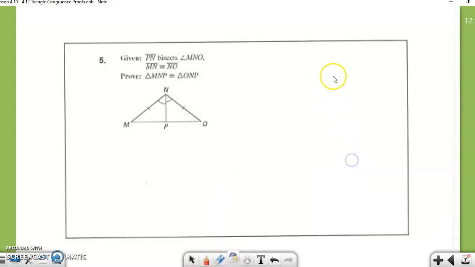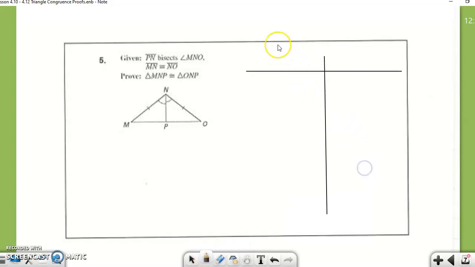I'm going to set up my little T-chart. Let's try that again. There we go. Okay. So let's start looking at the diagram and see where we're at. Now, I'm looking at this, I'm thinking PN bisects angle MNO. So PN, I've got these congruent angles right there. I know I'm going to have to use definition of bisects because they told me something bisects. So I'm probably going to have to state that this angle is congruent to this angle because of definition of bisects. They also tell me